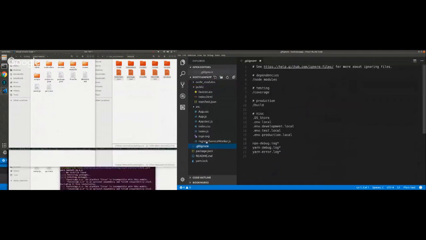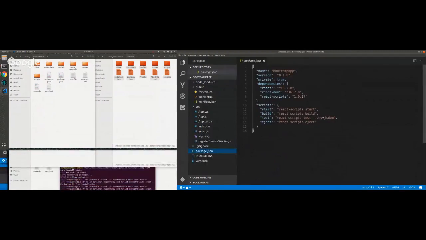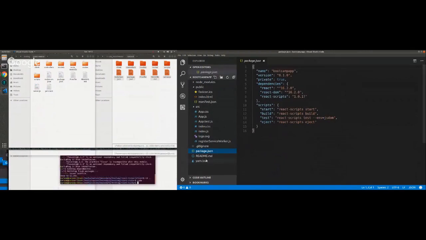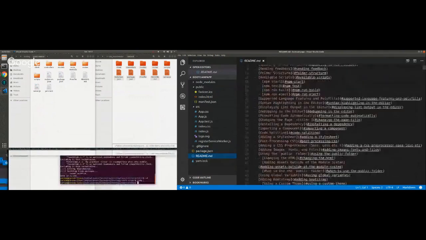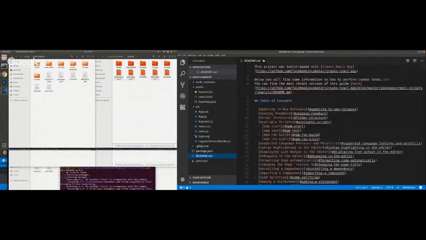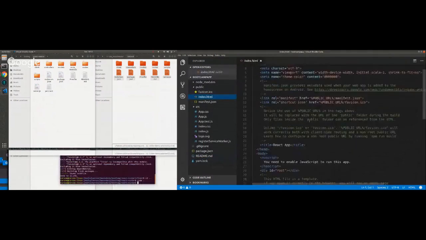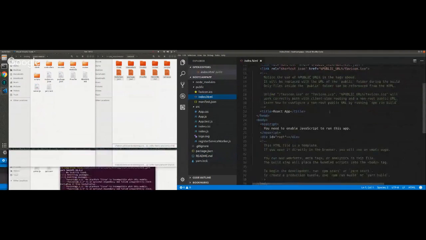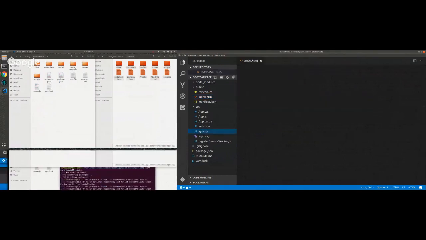So really quick, the git ignore, it's generated for you. You don't gotta worry about it. Your package JSON is gonna have all of these build, start, test, eject, all of that fun stuff for you. There's a README. It's automatically built in. It has some helpful links if you need to see it. And then your index HTML, right? It's got some nice stuff built in. We'll eventually add Bootstrap to it maybe, make it a little bit nicer. And it's got a div ID root, which your index